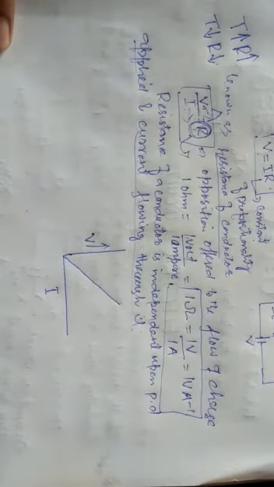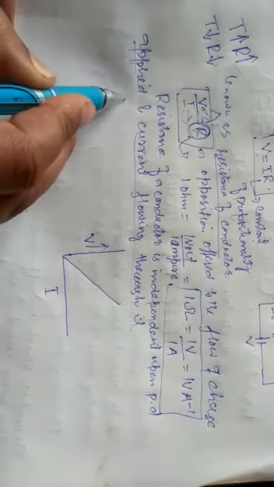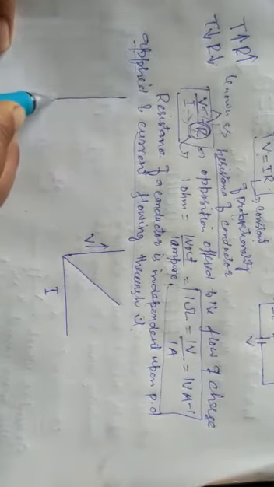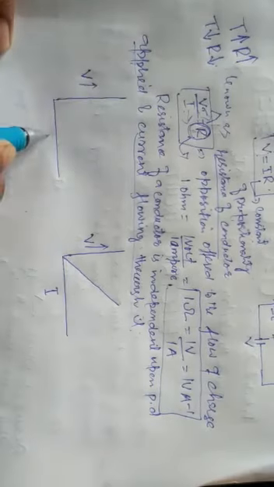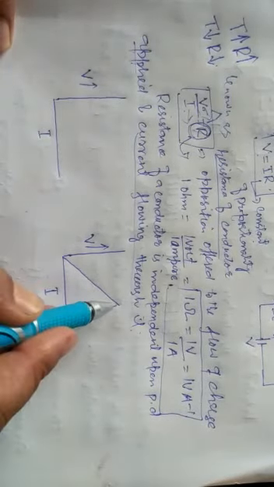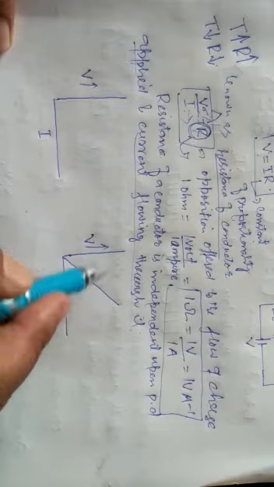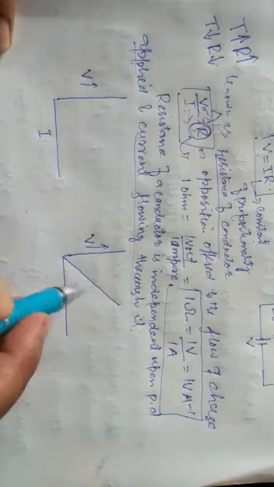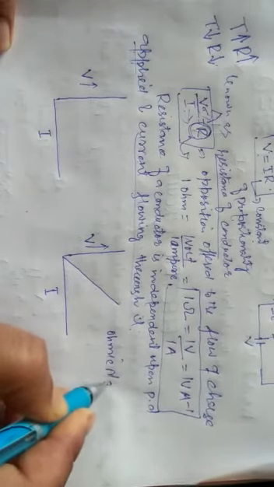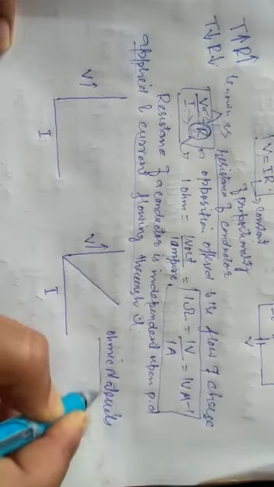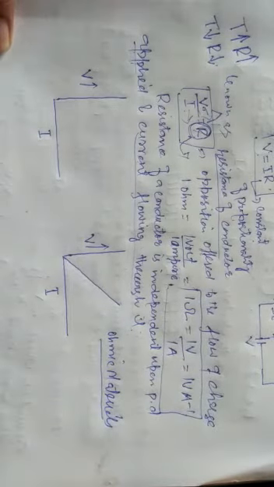Now there is a lot of confusion among the students. I will make a couple of graphs and make it clear to you bit by bit. Let us have another graph. Here again it is V and it's I. Now it is a straight line passing through the origin, and this very graph is for an ohmic material. Here is another term, ohmic material. Ohmic materials are those which obey Ohm's law, and non-ohmic materials are those which do not obey Ohm's law. And for Ohm's law, we should have a straight line passing through the origin.